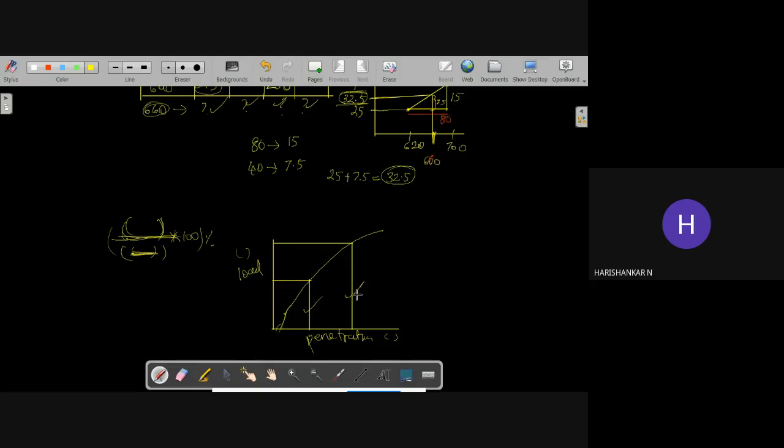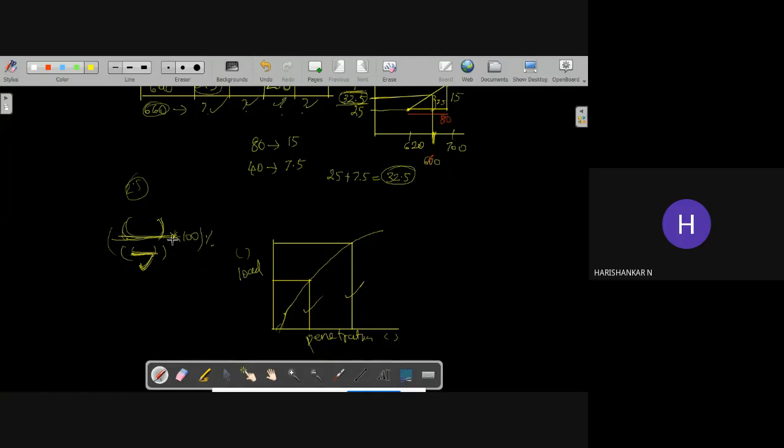In the same way, corresponding to 5 mm penetration also, there will be some standard value once you conduct the same CBR procedure using a standard specimen. So you can compare the load obtained for your subgrade specimen to the load obtained for the standard specimen corresponding to 2.5 mm penetration, so that you get the CBR value corresponding to 2.5 mm penetration of your subgrade soil. In that way you have to conduct the CBR test.